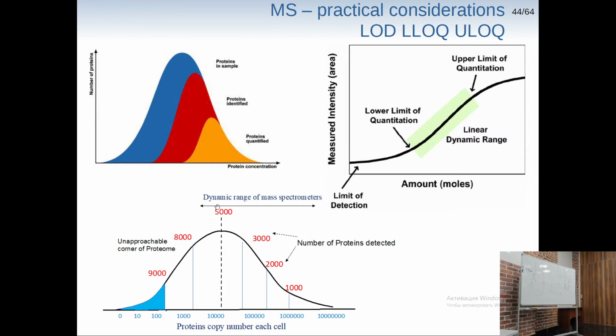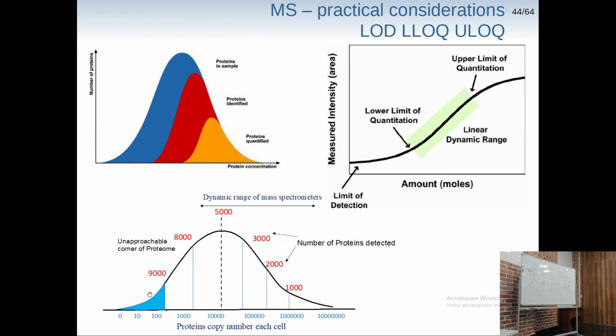If we have a mass spectrometer with higher dynamic range, we can get closer to this part, but there is a corner which has a really small amount, like 500 proteins per cell, which is non-approachable by our methods unless we do some concentration, some selective extraction, or some other methods of